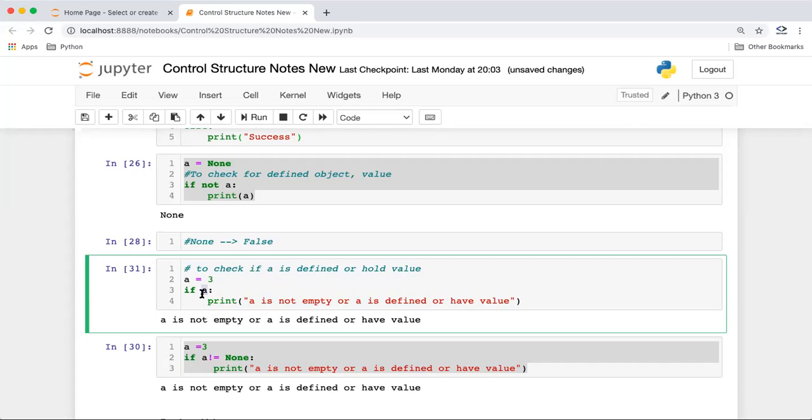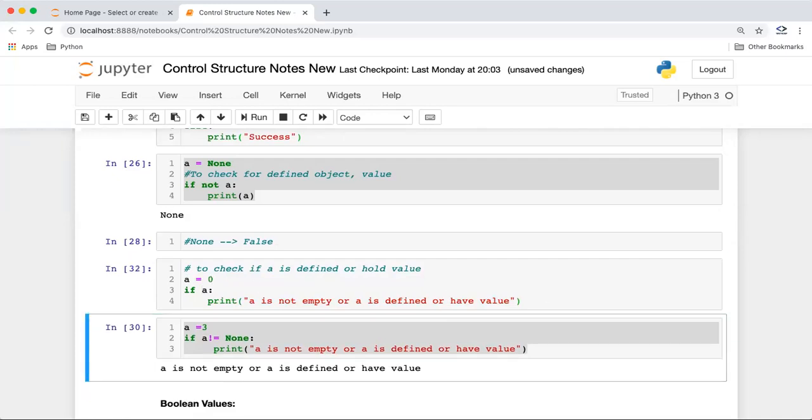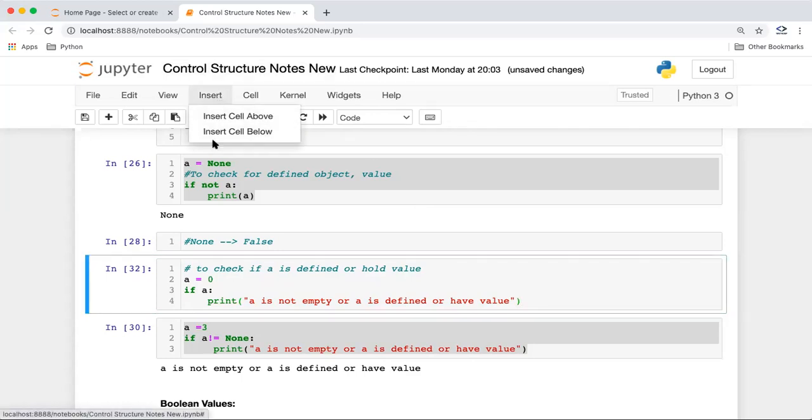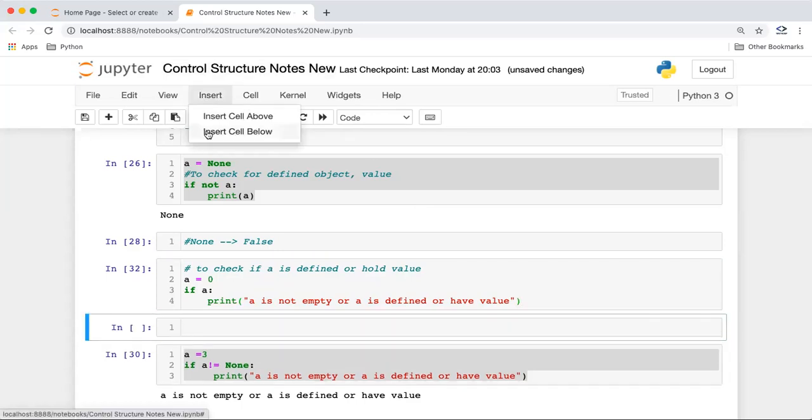Okay, guys. But one more thing, there can be a trick. Let us suppose a equal to 0, what will happen? It's not giving any output. So guys, I will explain one more thing right here. Let me explain this once again.